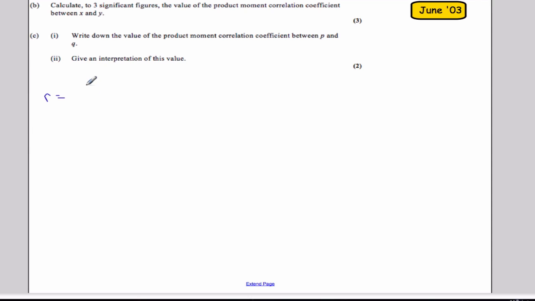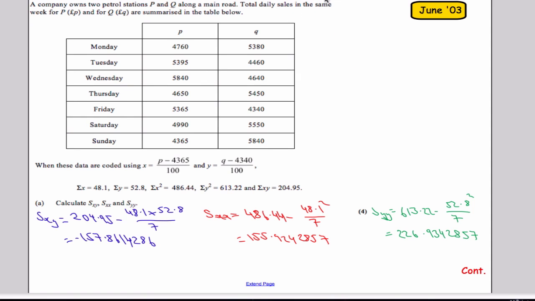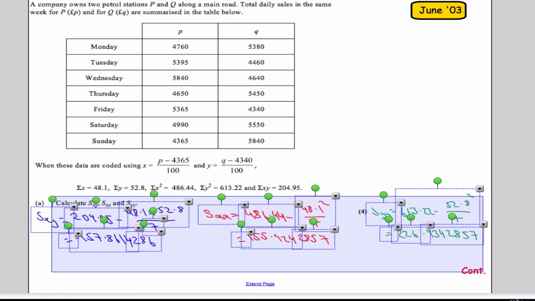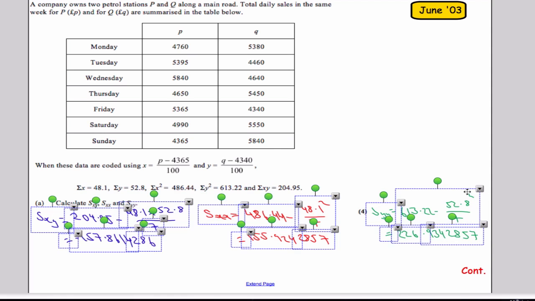R, which is given as SXY over square root of SXX times SYY. Right, let's go back a little bit. I'm gonna drag these over. Let's take all of this, copy it,